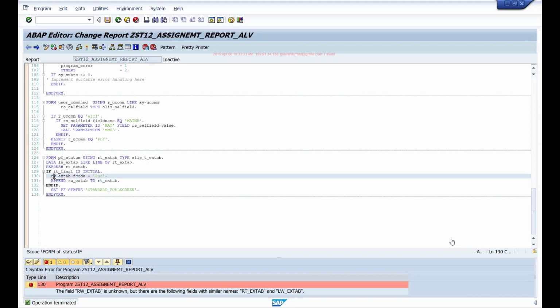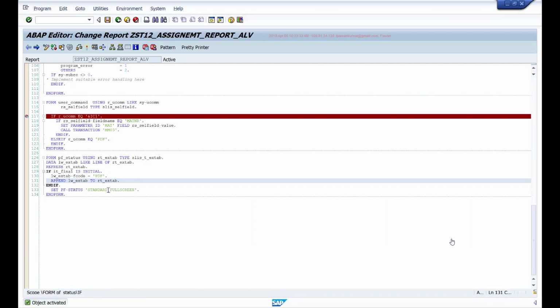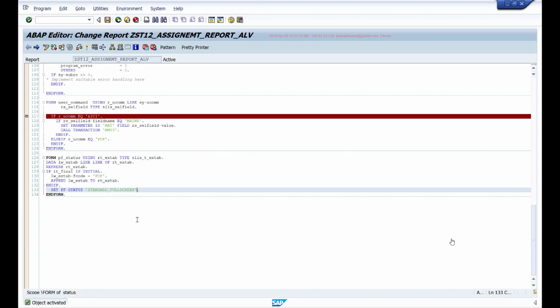Sorry, I'll define it as LW. And when using the set PF status, I can say excluding rtxtab. So when I use this excluding addition, then whatever function codes you have maintained in this rtxtab will be hidden from the application toolbar.